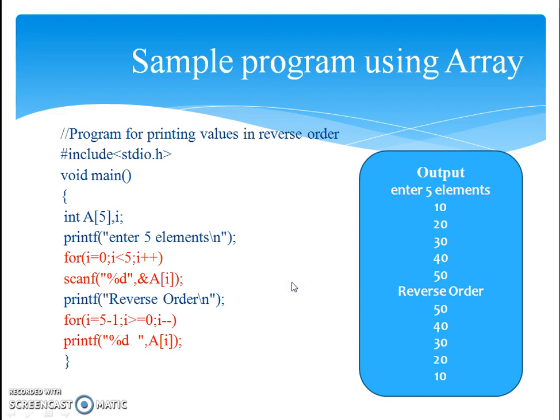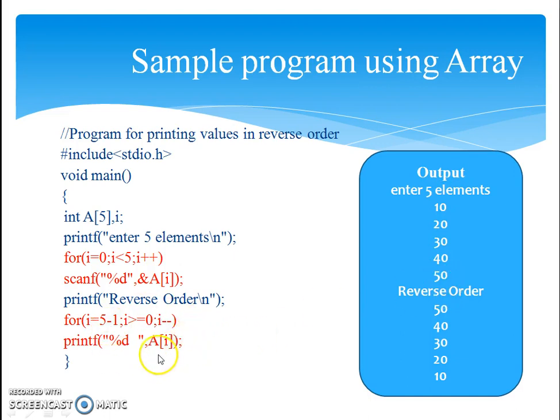Here's a sample program using an array. I've kept the program very simple with no extra statements, only the statements which I already mentioned. Scanf for entering the values into the array, and printf for displaying the values from the array. Only small change which I have done is I am entering the values from subscript value 0 to 5, 0 to 4 actually. So all the values are entered,